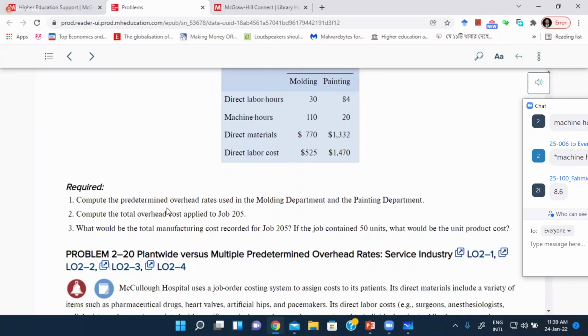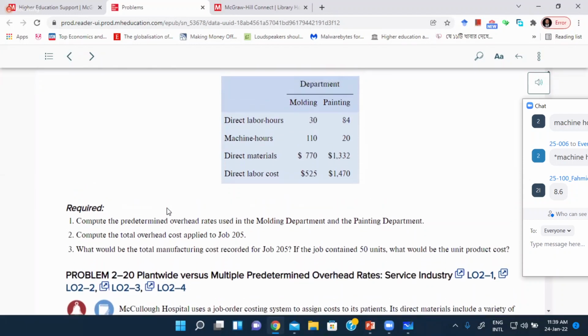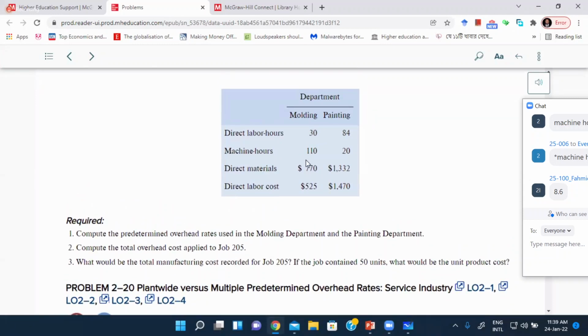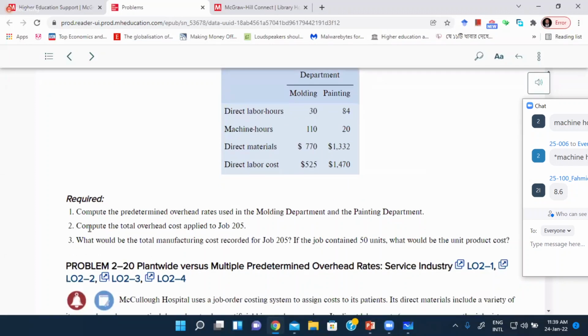We see that total manufacturing cost includes 3 components. One is direct materials, then the second one is direct labor, which are given directly here: direct materials for molding, direct materials for painting, direct labor cost for molding 525, direct labor for painting 1470. And remember that in requirement 2, we have got the manufacturing overhead for molding. That should be this answer,